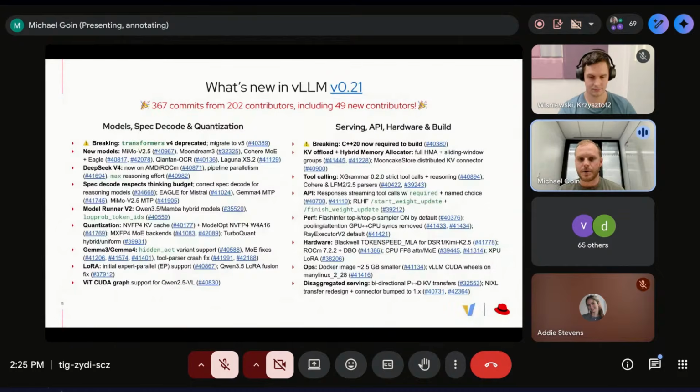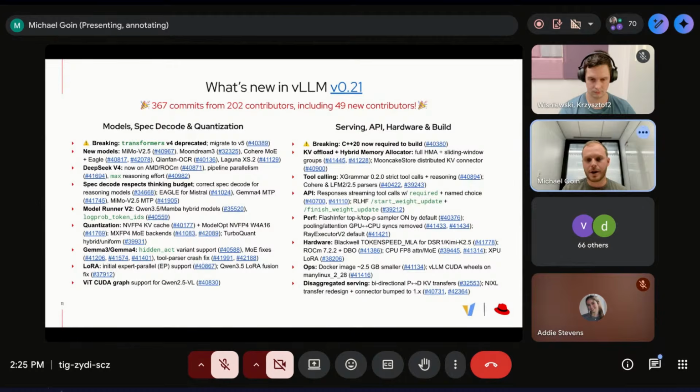Yeah. Some API enhancements, responses API, better improvements in robustness with streaming tool calls, some RLHF weight update API updates. We finally were able to re-enable the optimized FlashInfer top-K top-P sampler. So if you use those sampling strategies, it should be a lot more improved. Yeah, we've been squashing a lot of GPU CPU syncs in the model runner. We actually have a specific PR for a CI job to catch these things more often, as asynchronous scheduling is really important nowadays.